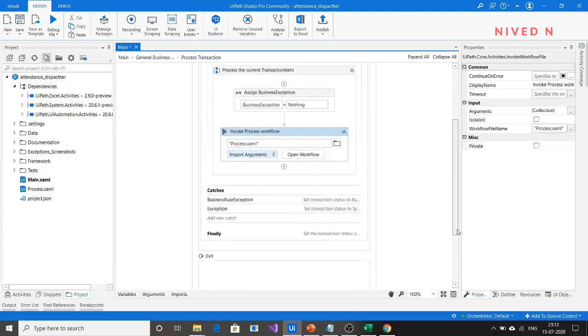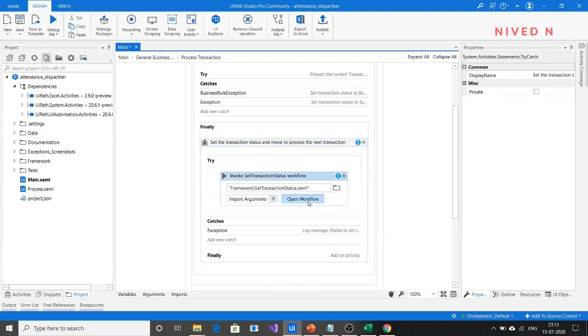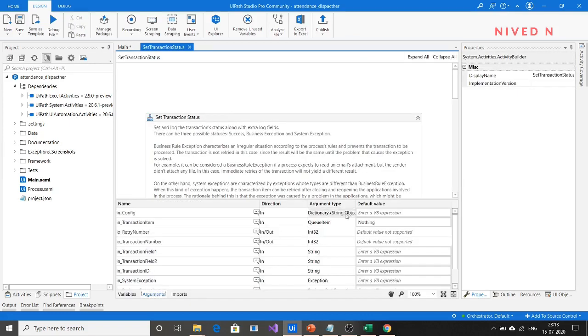Now just open this set transaction status. There also change the argument type of transaction item to data row.